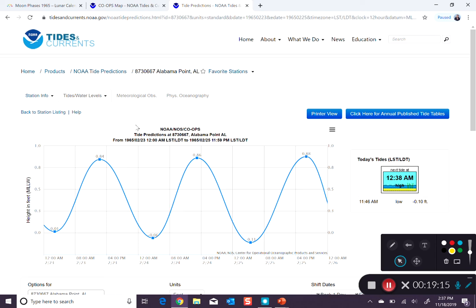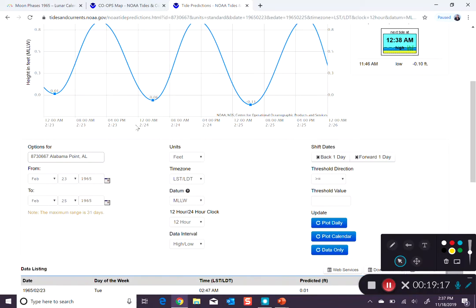Now, what is it as far as a spring tide and a neap tide? In order to do that, you pull back and get about halfway through the month on either side of your birthday. So I'm going to put my birthday right in the middle of the 30 days. As you can see, you can only do 31 days at most. My birthday is February 24th, so I'm going to go from February 15th to March 15th. And when I hit plot daily,